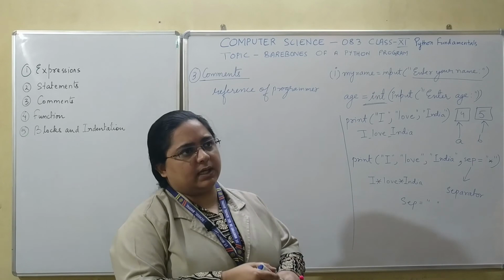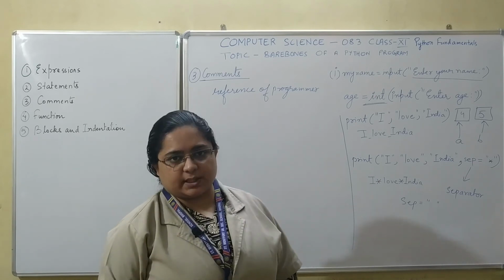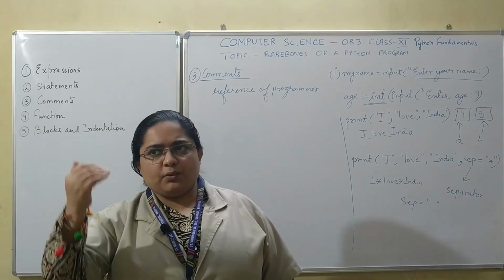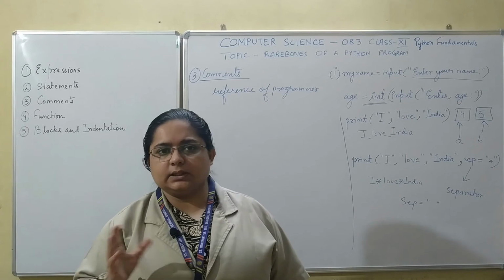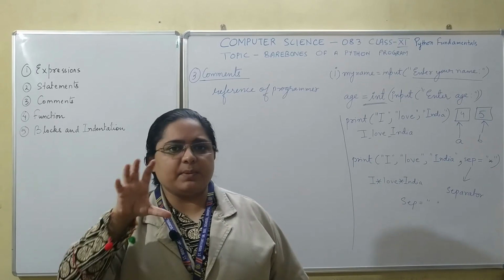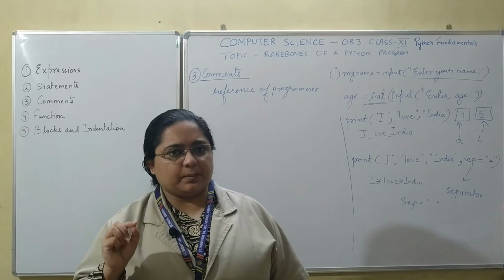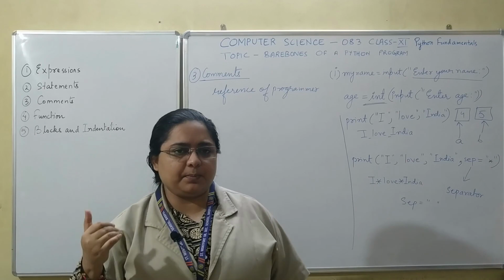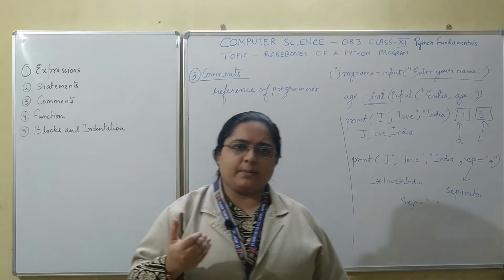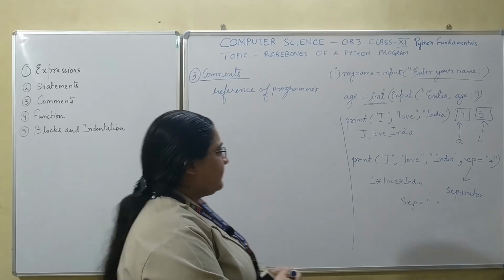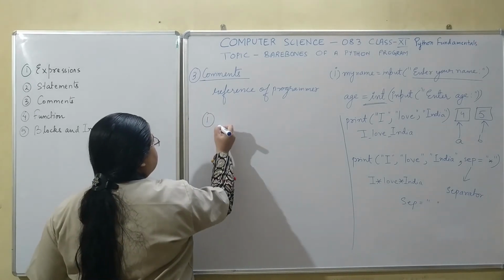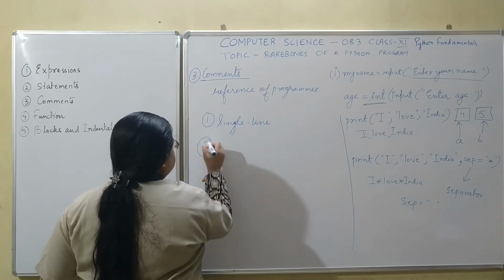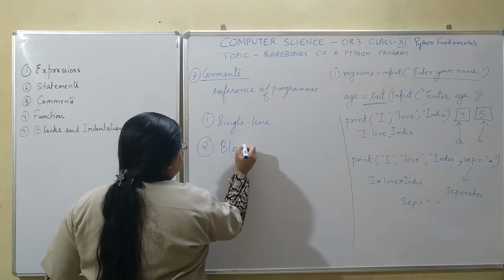Because normally Python programmers work with large projects, and in large projects they have to write around 1000 lines of code. So for 1000 lines of code it becomes very difficult to figure out what they have done in a particular statement. So for that purpose, not for every statement but for every main program block, the programmer would include some comment lines. There are two types of comment lines. One is single line comment and one is block comment.